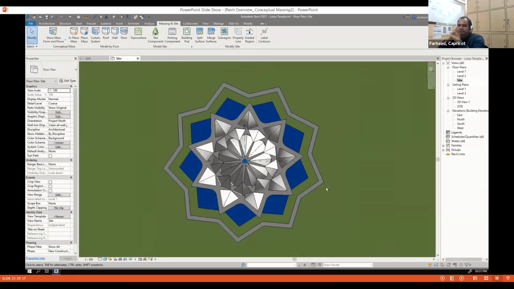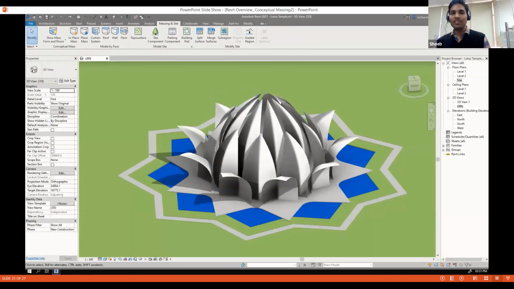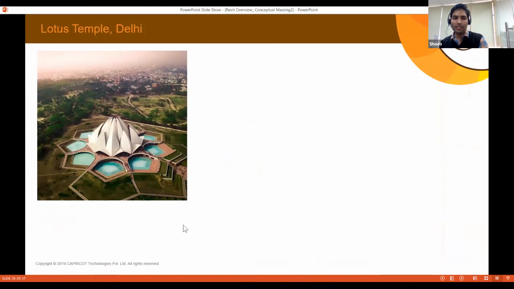I hope the participants are satisfied with the modeling in Revit. I just wanted to prove it is doable in Revit, even for a complex form such as Lotus Temple. From this image, I've taken the reference,